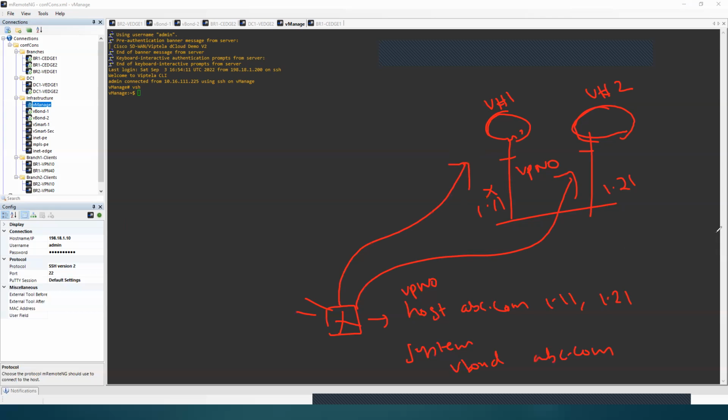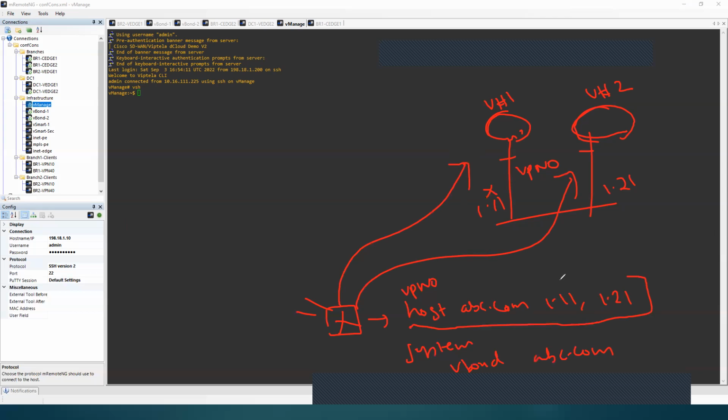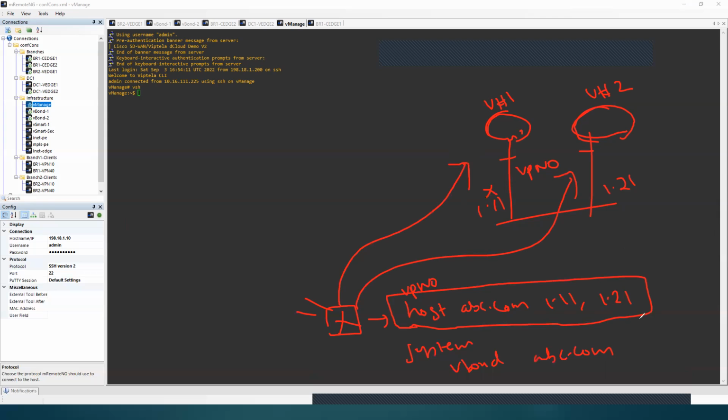Ratnesh, for this DNS part, do you need a separate DNS server or not? This is the host DNS configuration. Oh, host DNS. Okay. Yes, it is configuration in the box itself. So it is configured on the same box where the vBond is being deployed. Yes, on all the edge devices and all the controllers you have this configuration,